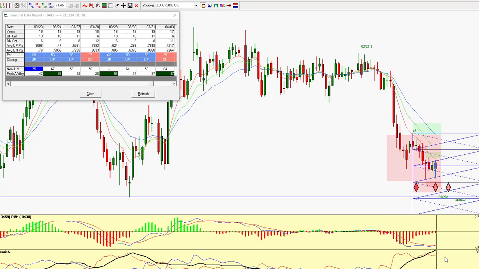Now I also want to draw your attention to these two indicators down here. I have the MACD and I have the DMS, also known as an ADX or an ADXR. We can see that the MACD is about ready to cross back up again and go above the zero line as far as the histogram is concerned. You'll start getting green bars to show here if this price bar high is exceeded in the next day or two. But the other thing is that this DMS line here will start to turn down when prices start to turn up here. And this is where we have this convergence divergence signal, which is a high indication